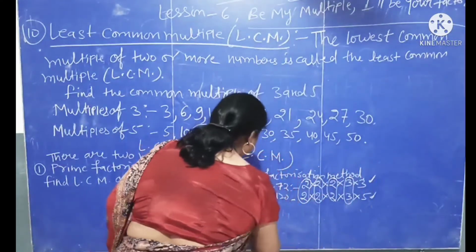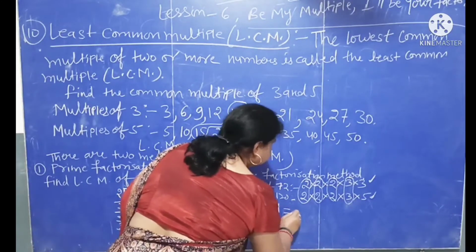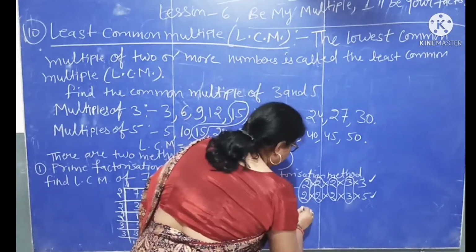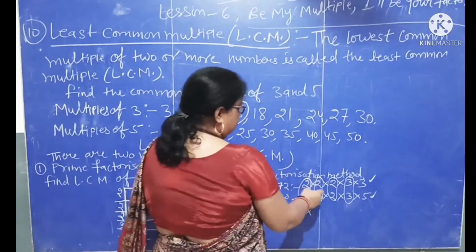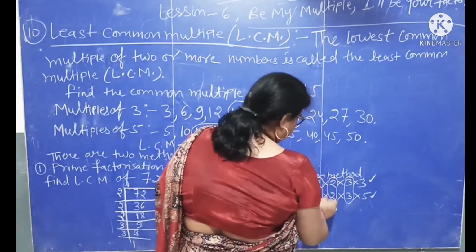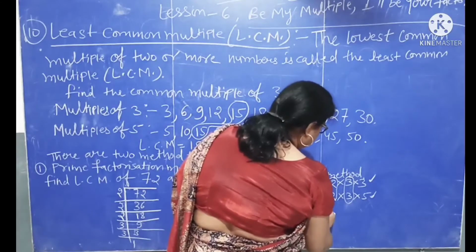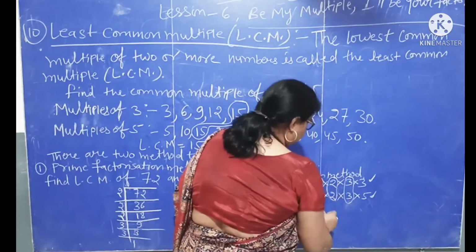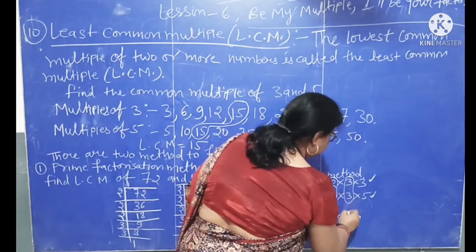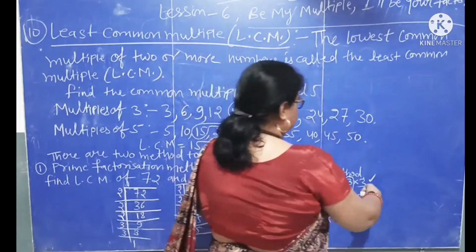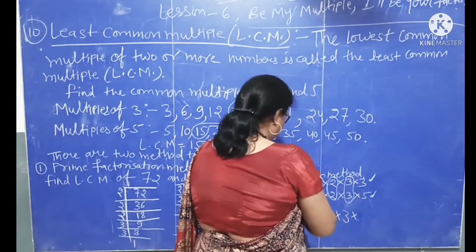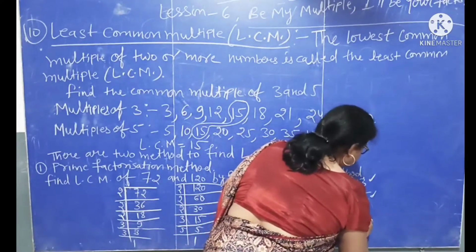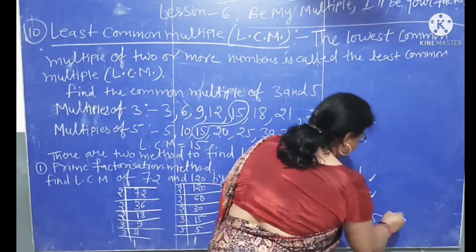Let's find the LCM. So out of these two common numbers, we take one number, 2. Here, out of these two common numbers, we also take one number, 2. Here, out of these two common numbers, we take one number, and here is 3. And this 3 is not a common factor of 72 and 120, but we write it as it is here, and also 5 is right here.